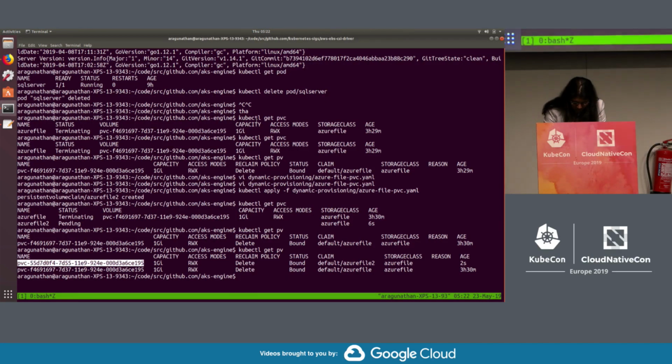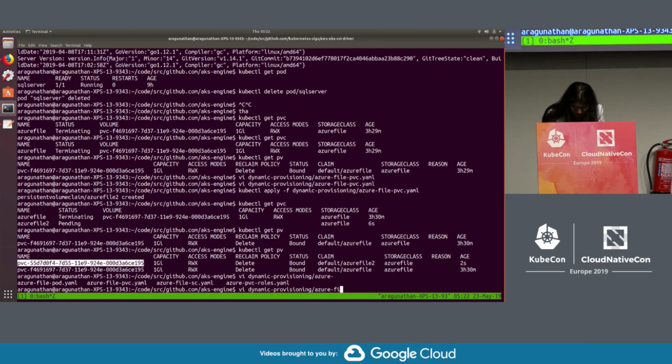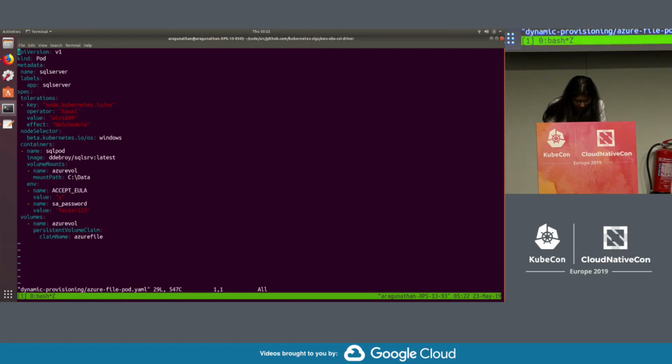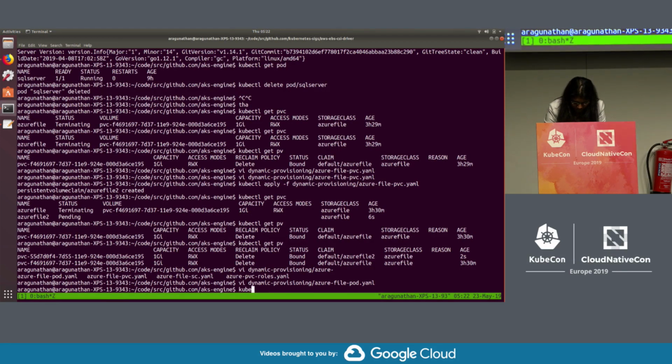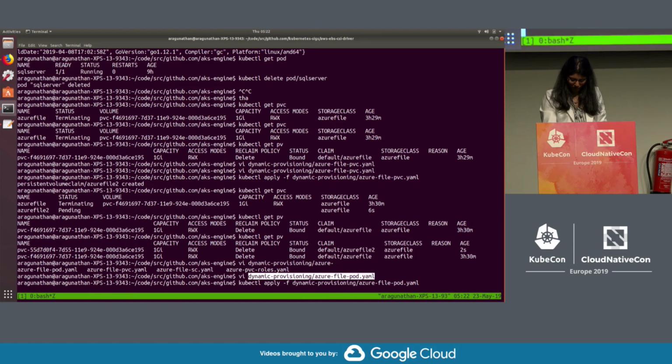Okay, that's fine. Let's also change the pod to use the new claim name. So we just created the two PV and PVC. We saw that the PV got created. Now we're going to see if the pod